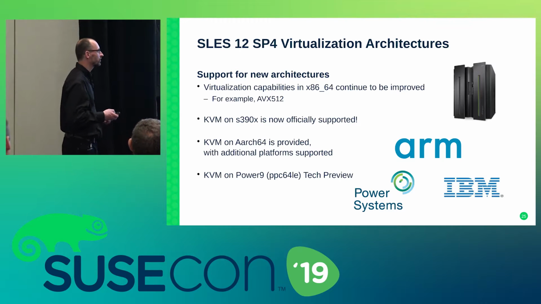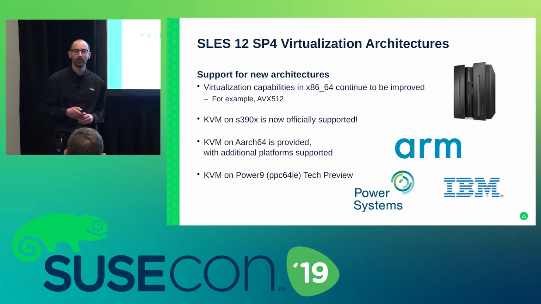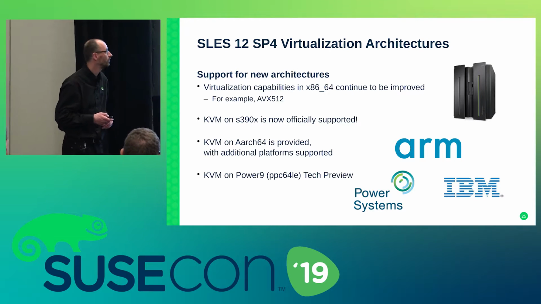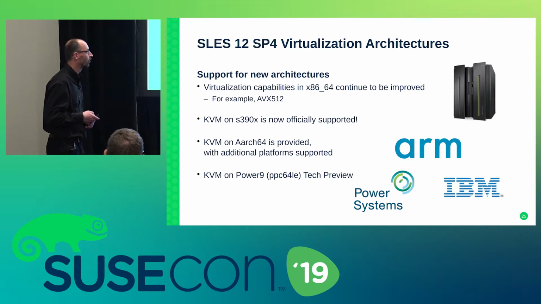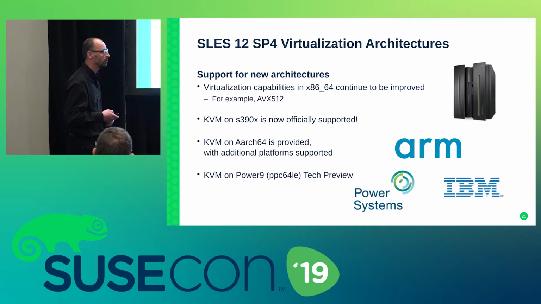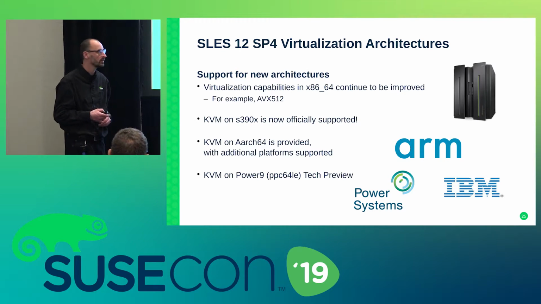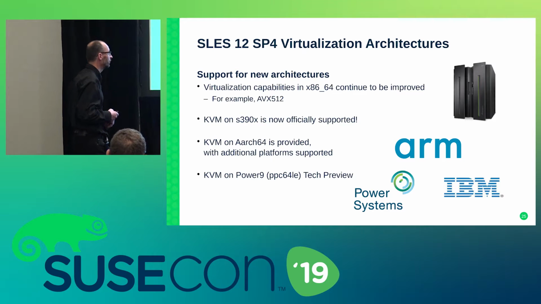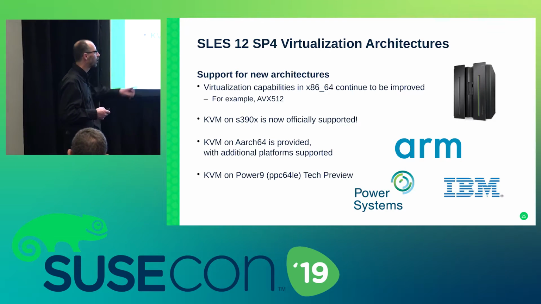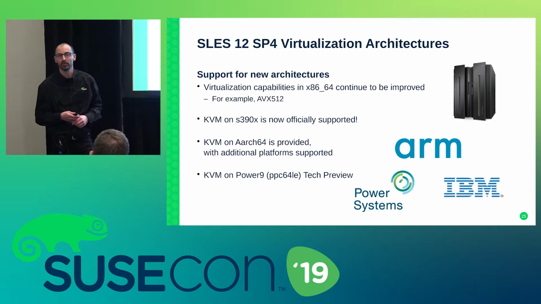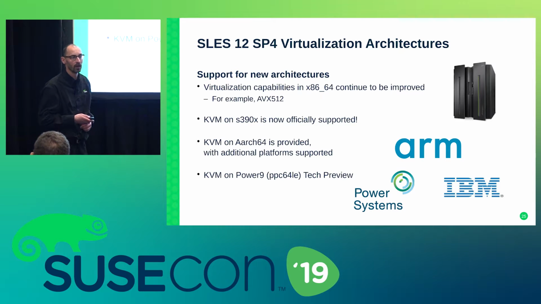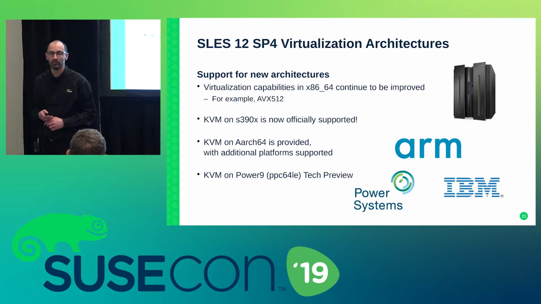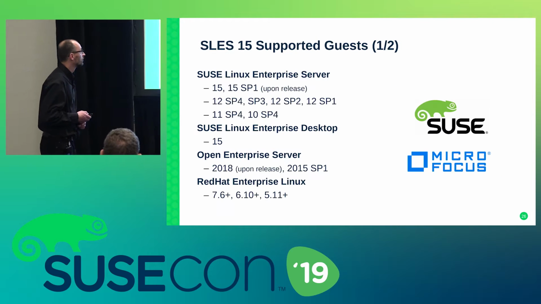All right, so with architectures, it's actually pretty easy. We support all 4 of them. When it comes to Xen, we focus on Intel and AMD, but KVM is supported on all 4 architectures. We continuously make improvements, like adding support for new instructions. One notable difference is that Power is still technology preview. We are working with IBM on that one, but everything else is fully supported. So you can run KVM on ARM64, you can run KVM on IBM Z series, and obviously Intel platforms are fully supported as well.